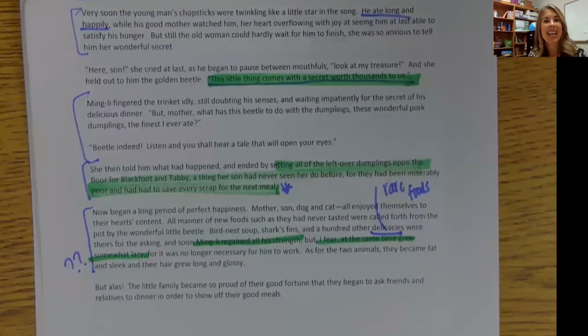What about Blackfoot and Tabby? Did they change too? Yes, they changed just like Ming Li. They grew fat and sleek, and they no longer needed to go out and hunt for food because Widow Wang and Ming Li gave them all the scraps they could ever want. But